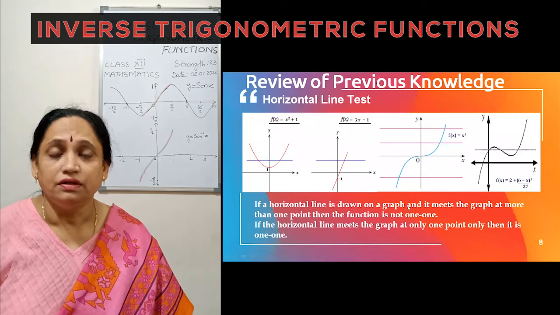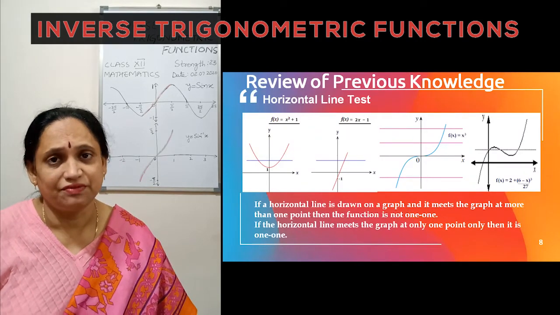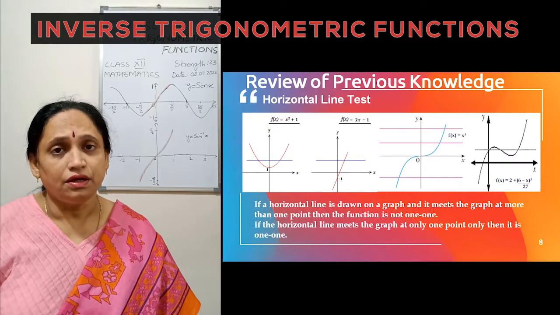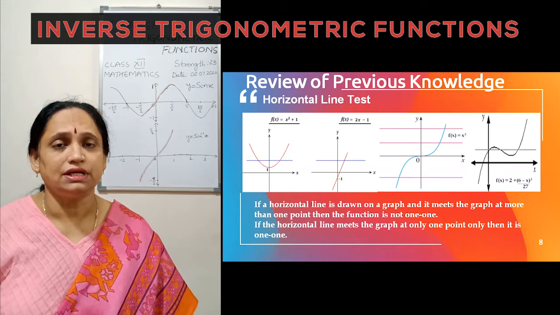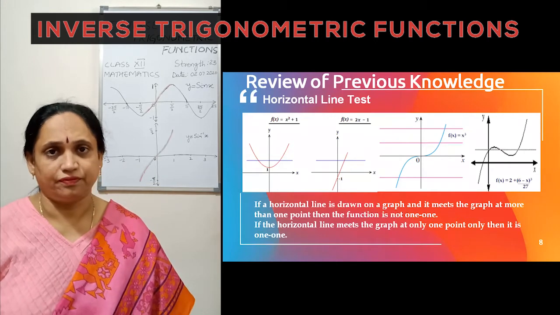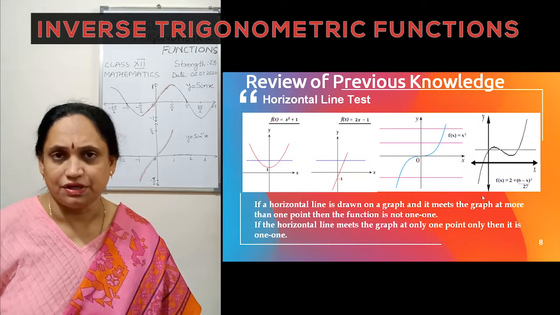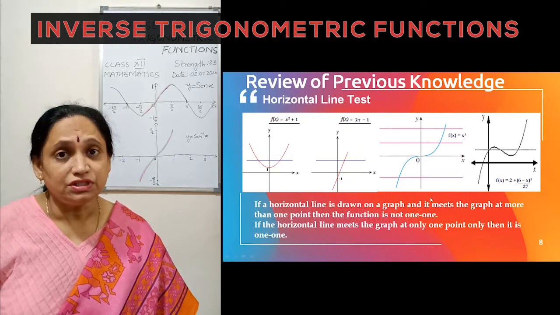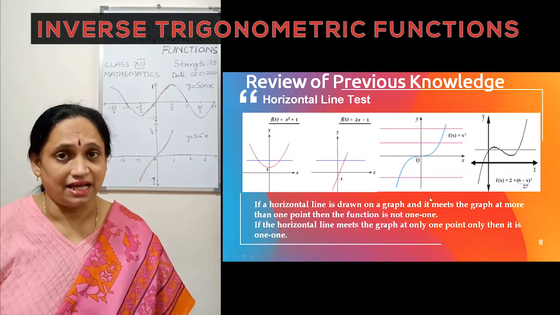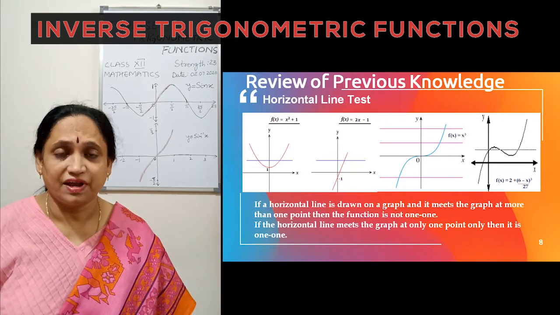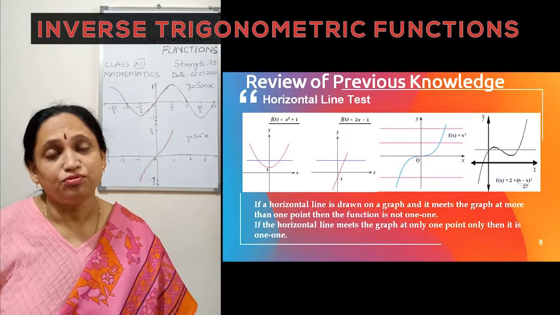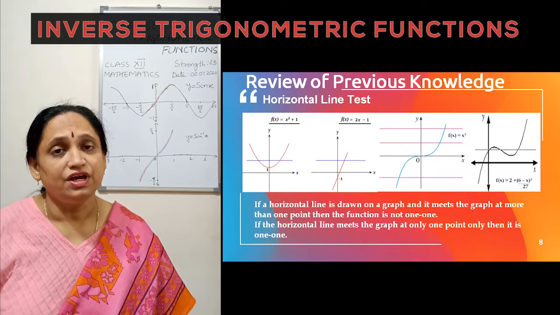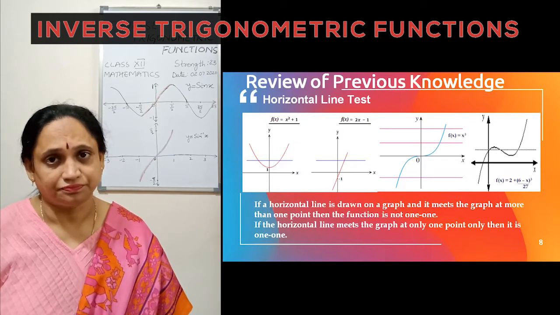We move ahead. Now there is one simple test which helps us to find whether the given function is 1-1 or not by drawing the graph and using this horizontal line test on the graph. So we take 4 graphs here and draw a horizontal line. Now this horizontal line test says that if the graph cuts or meets the line at more than 1 point, then the function that the graph depicts is not 1-1.